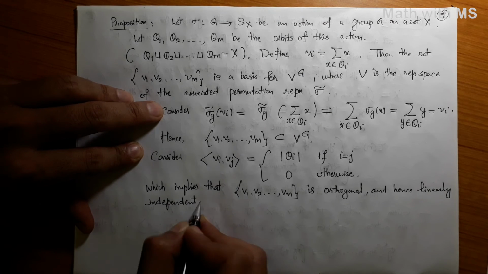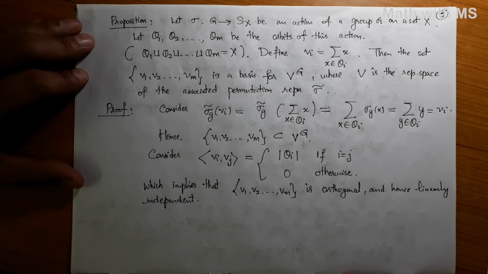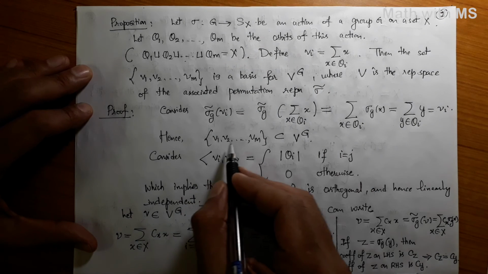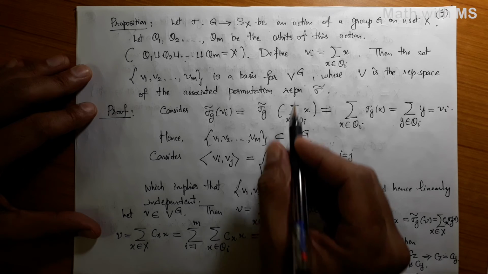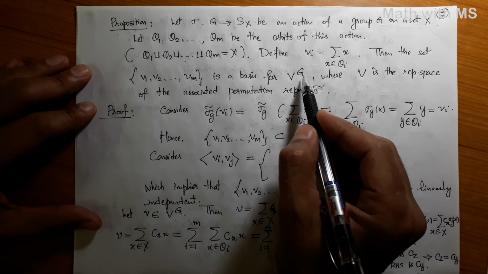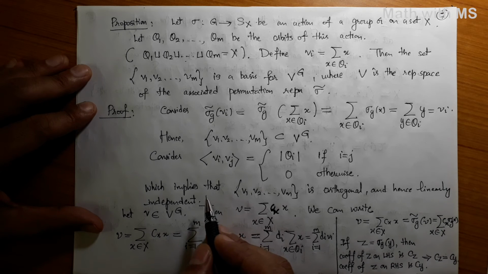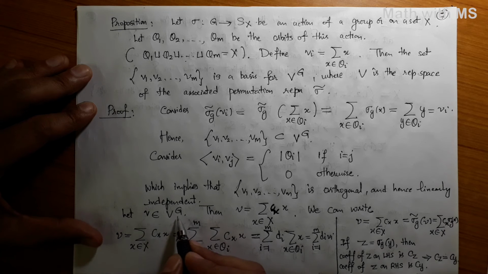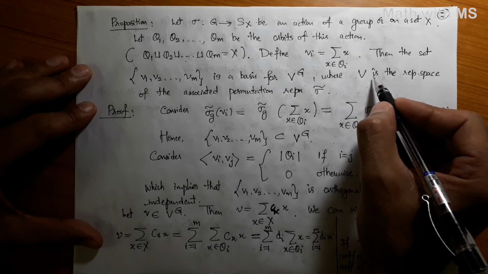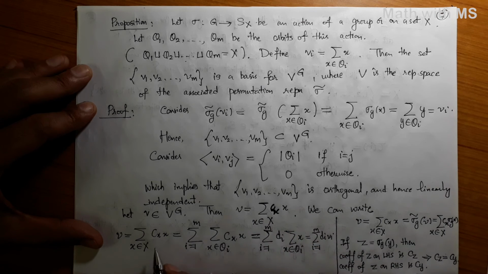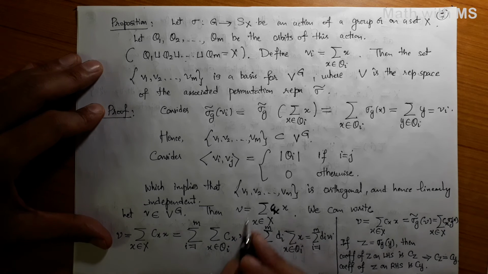Okay, so we have found a linearly independent subset of our fixed subspace V^G. To show that the set V1, V2, ..., Vm is a basis for the fixed subspace V^G, it remains to show that it spans V^G. So take a vector v in V^G, the fixed subspace. It lies in V, but V is the abstract vector space spanned by the set X. Therefore, v can be written as a certain linear combination of elements of X, some sum of Cx x, where x is in X. Now observe the following.